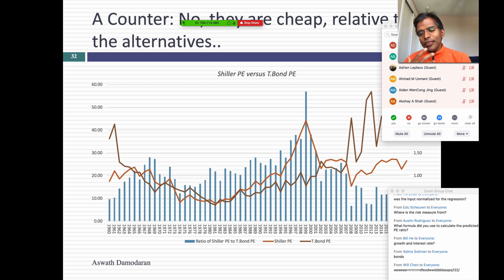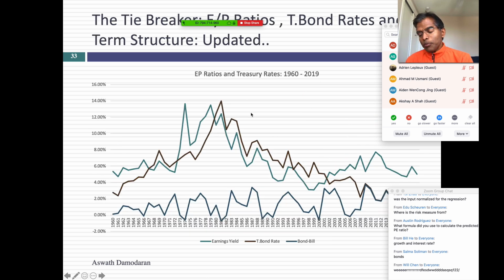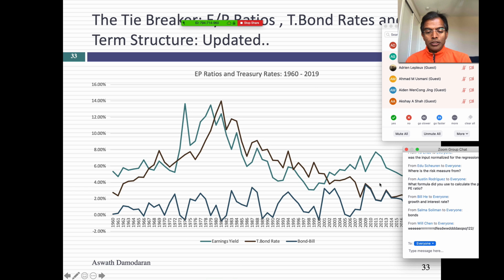And for the last decade, this has been the biggest issue: you can't compare PE ratios across time without bringing in the fact that interest rates today are much lower than they've been historically. Now, neither of these graphs answers that question. And Will, I have no idea what you're typing, but get your hands off the keyboard because strange things are happening. So here's what I did. I inverted the PE ratio. It's called the earnings yield. It's a widely used measure, again by market strategists. The earnings yield here is basically this blue line. I also put in the T-bond rate into the same graph.